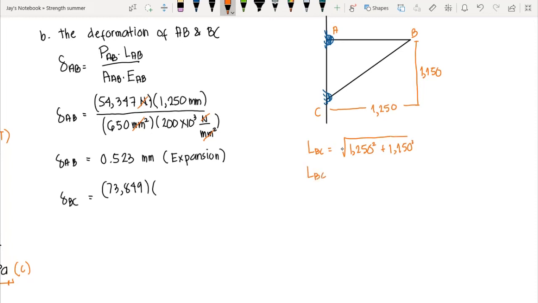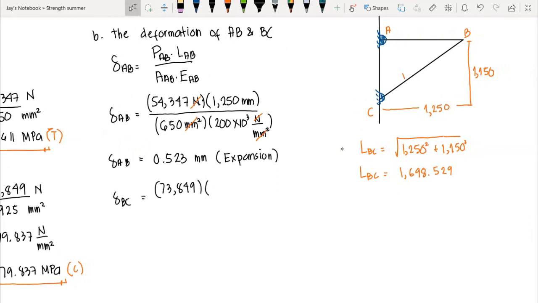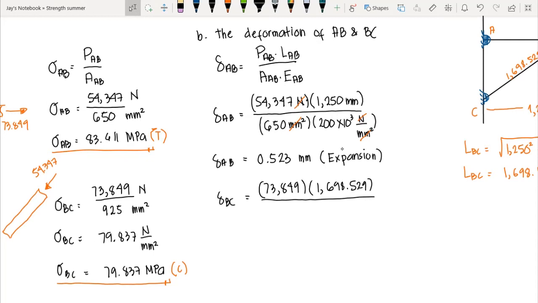This gives us the length of BC equals 1,698.529. So therefore, this one is 1,698.529 millimeter. So we have the length here, that is 1,698.529 mm, over the area of BC, that is 925 square millimeter, times the modulus of elasticity, that is 200 times 10 raised to the 3. And this gives us the value of the deformation of BC, that is